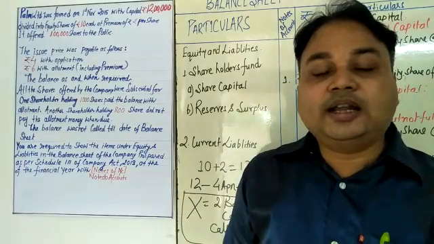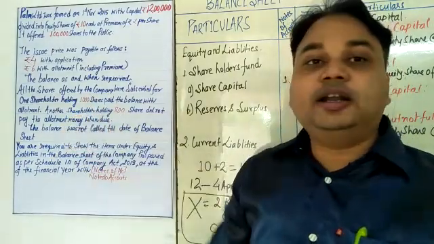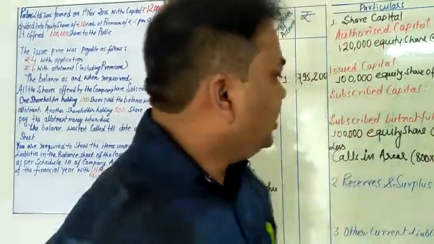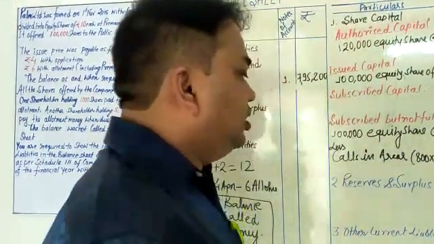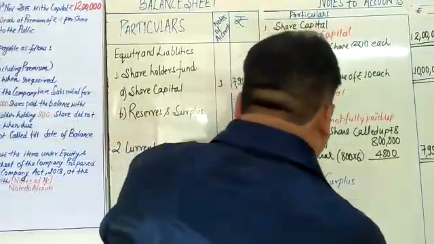It means whatever the balance amount, that is 2 rupees, was already paid in advance at the time of the allotment. My dear students, it is called calls in advance. So calls in advance, you will write here